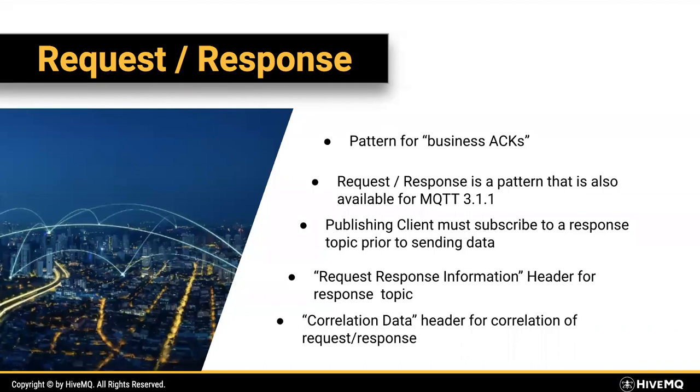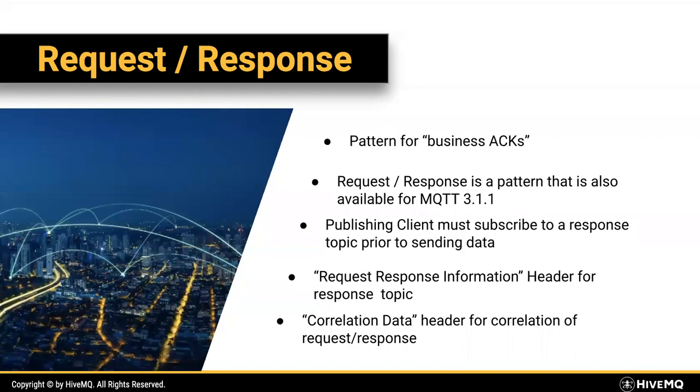And this is a pattern you can use, of course, with MQTT 3. But this was convention. So there was no way in the protocol to tell the consumer of a message where it should produce the answer to which topic. So this was really just convention. And I've seen at large customers, large documents and Excel sheets, on how to correlate these things. And now you can use the protocol and also make sure that this will happen.